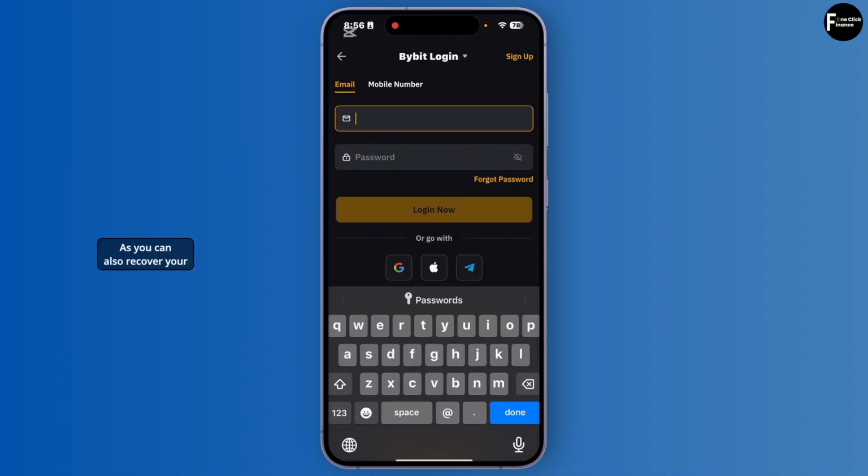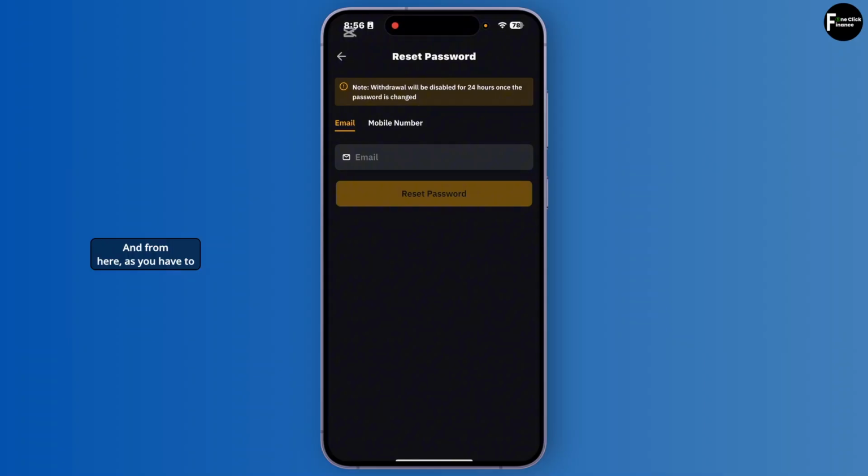You can also recover your password if you have forgotten it. For that, tap on Forgot Password, and from here, you have to provide your email address or phone number, and after the verification is complete, you'll be able to recover and log in to your Bybit account